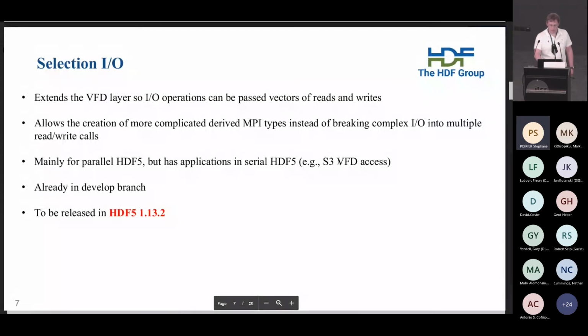We also have the feature selection IO, which extends the VFD layer so that IO operations can pass vectors of reads and writes instead of just single ones. It allows the creation of more complicated derived MPI types instead of breaking complex IO into multiple read and write calls. It's mainly for parallel HDF5, but has applications for other things like the S3 VFD, which has not been updated for this. This is already in the develop branch, and this will be released in HDF5